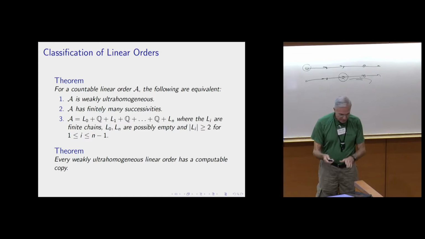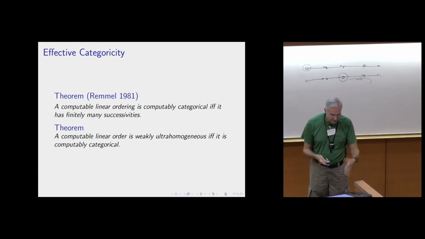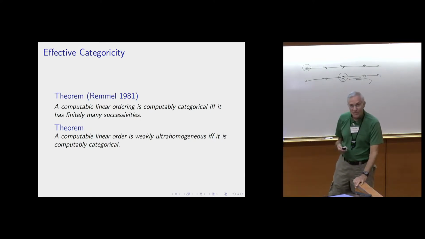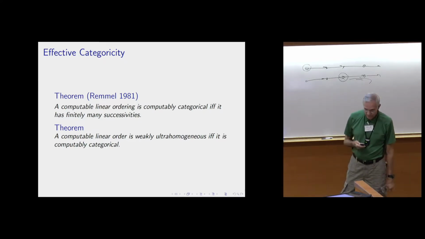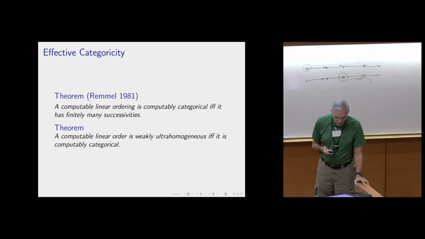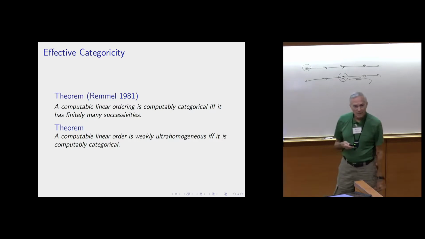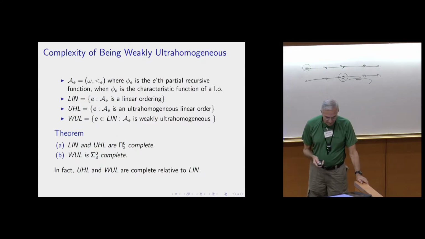So that's an example of a model theoretic notion that then leads over into computability. Okay, and this turns out to correspond exactly with being computably categorical. So for linear orders, weakly ultrahomogeneous is exactly the same as computably categorical. So now we started thinking, well, is that going to be true in every case? So we'll look at some other examples where it can fall in between computably categorical and delta 2 categorical. Okay, so this is the classic case.